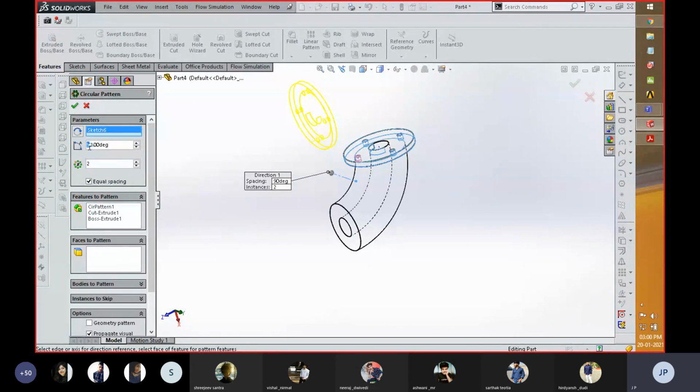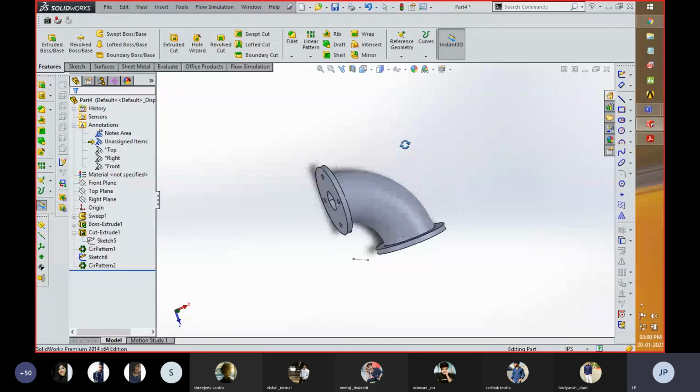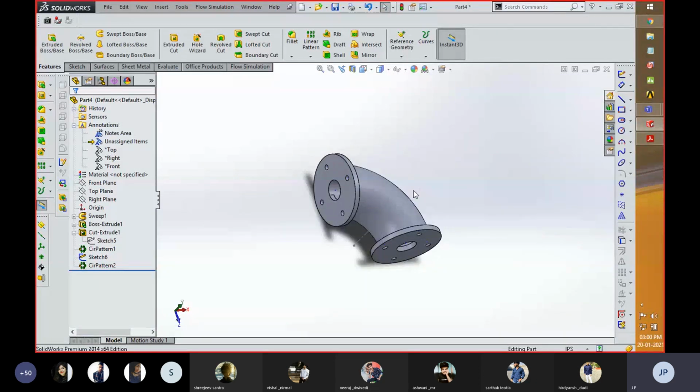Also 90 degree, so it should be around 270. Okay. So in such a manner that can be created. So it's totally on the designer in what manner this part can be created. Over here you can see that these parts can be created with the help of these tools. So in today's lecture I am going to cover only up to this extent.